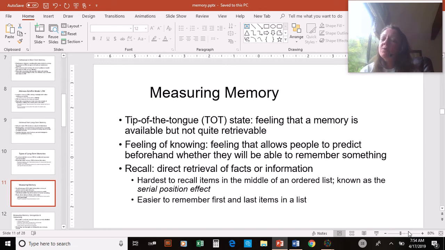Say, like, you're watching a movie and you see an actor, because I think my husband and I do this. You see the actor and you're like, I know who that is. He's in so many movies, but I just can't quite remember his name. That's that tip of the tongue thing.